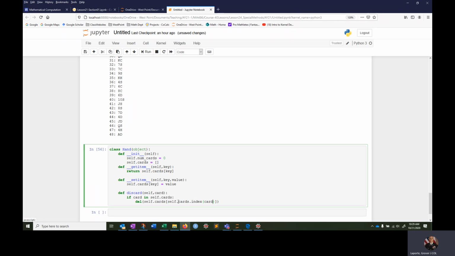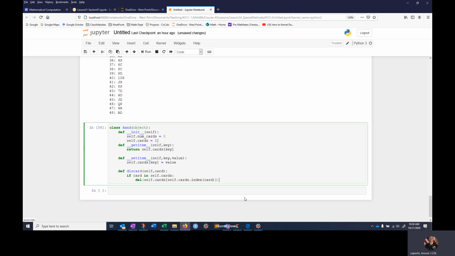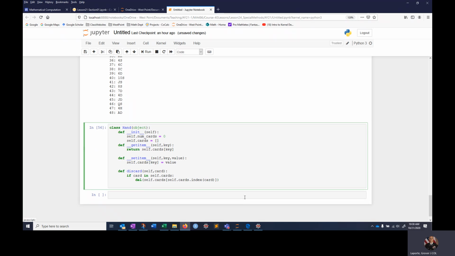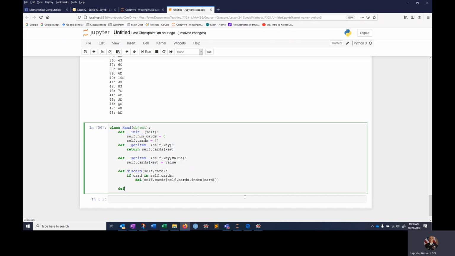Think about what this thing is doing. And then once I get the index out, then I want to go into that thing and delete it out of there. I could probably use a remove. I don't know. I just did it this way. Again, implementation is sort of how I implemented it. You could probably use a remove, but I didn't do it like that. So that would delete that card out of there, and then let's do a repr